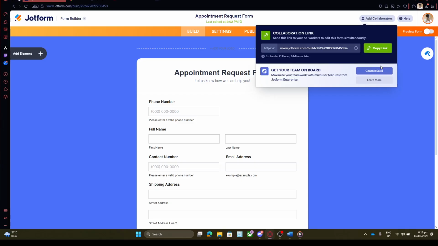suggestions instantly. With these simple steps, you can fully utilize Jotform's collaboration features and improve the efficiency and effectiveness of your form management. Whether it's coordinating between a large team or simply sharing a form with colleagues, Jotform provides the necessary tools for seamless collaboration. Remember to check that all invited collaborators have access, and you'll be well on your way to a smoother, more coordinated